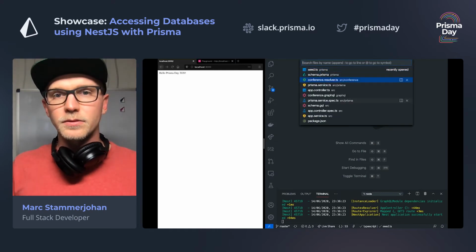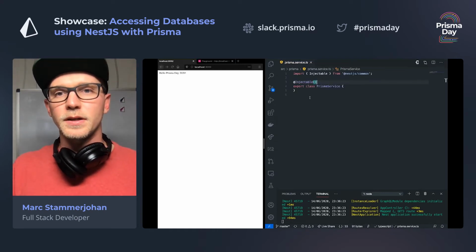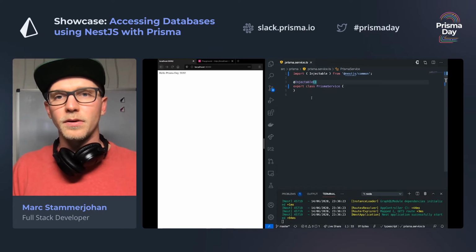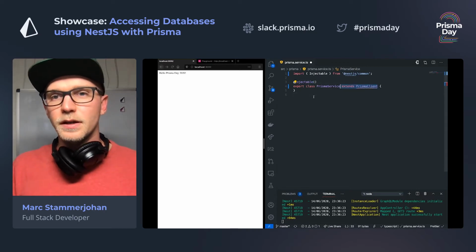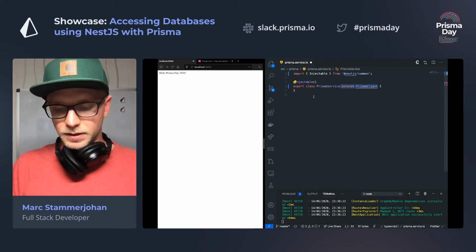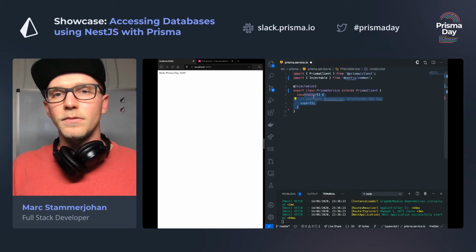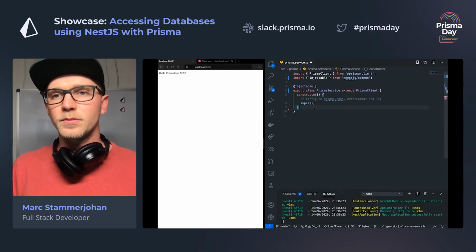To be able to use the Prisma client in our endpoints, we're going to implement a Prisma service. Let's extend the Prisma service with our Prisma client. If we like, we can configure the Prisma client in the constructor. Also, Prisma allows us to establish a connection to the data source